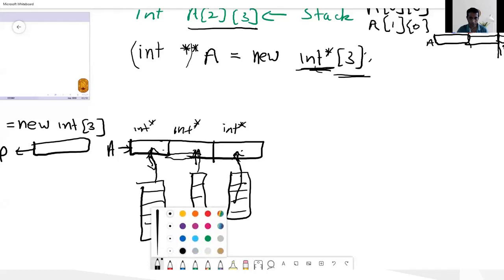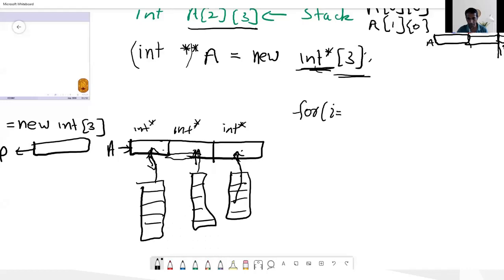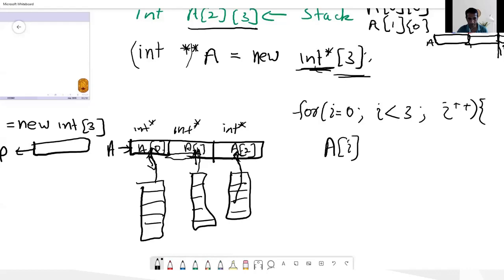So how do you do it? First you create a double pointer. Double pointer means you can store a pointer to a pointer. So here you can store addresses of pointer arrays. So we create a pointer array. So we have 3 pointers. For each pointer now, for int i equals 0, i less than 3, i plus plus, for each row, you take a[i], so this is a0, a1, a2. So a[i] equals new integer,